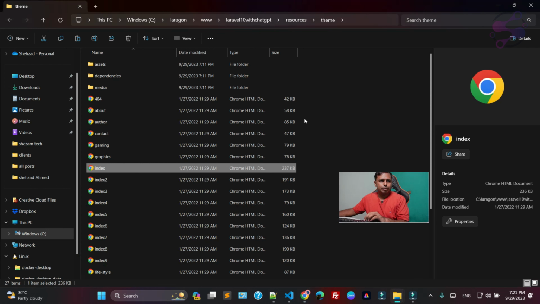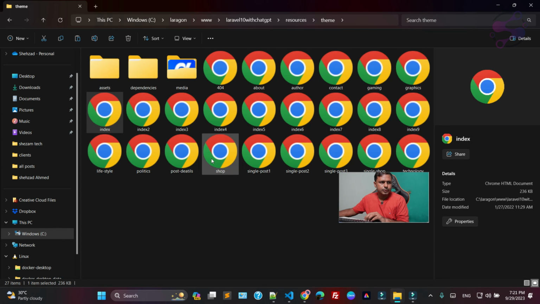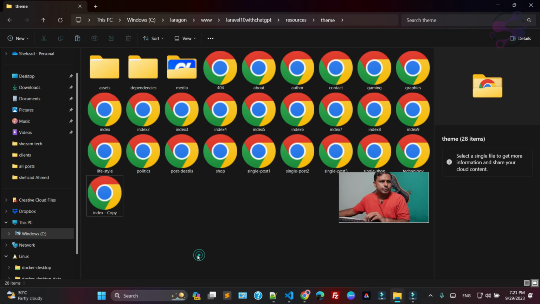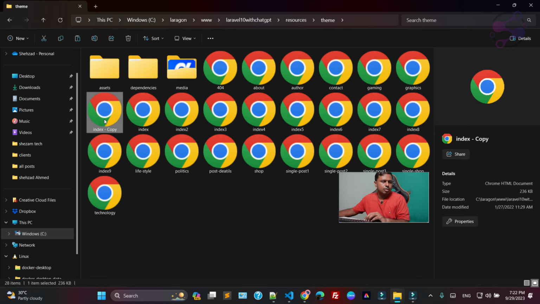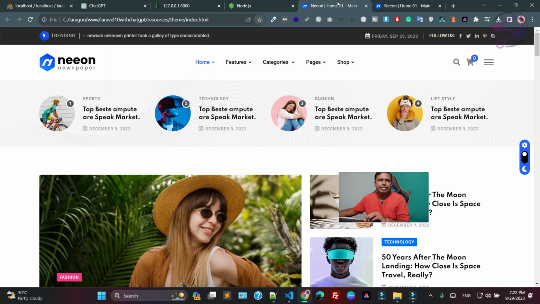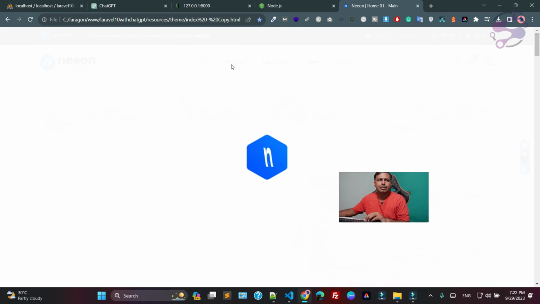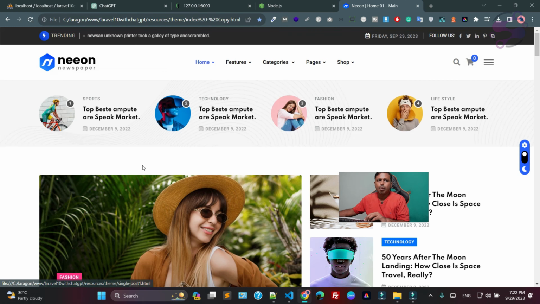Now I'm going to copy this bad boy, the index one. This is the index. Okay, so now open this one and I'm going to use it as a favorite, so we can check this one every time. Okay, so now you have